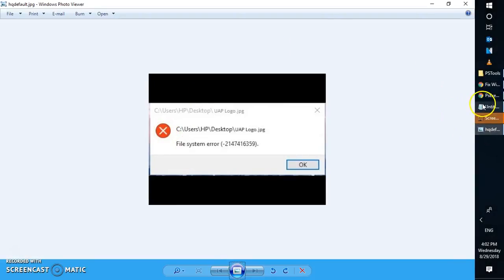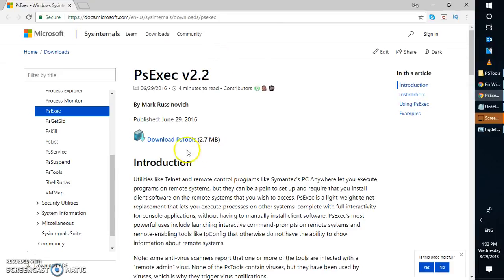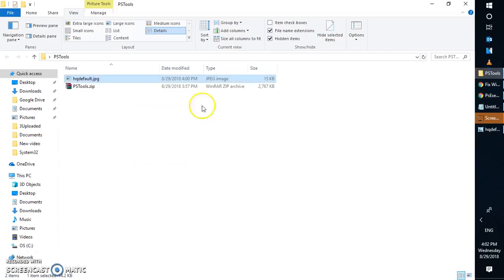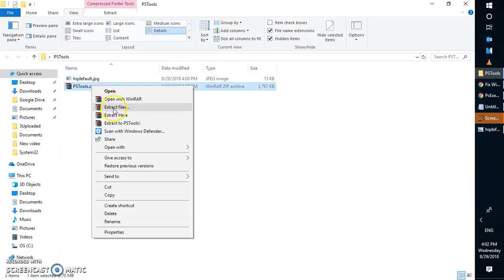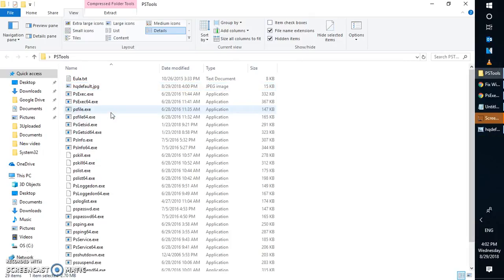The first thing you will have to do is go to the Microsoft website, which I will mention the link to in the video description. Go ahead and download this tool. Once the download is complete, go to the location of the download and extract this particular file. I'm going to right click on the zip file and click on Extract Here. So this is going to extract the file